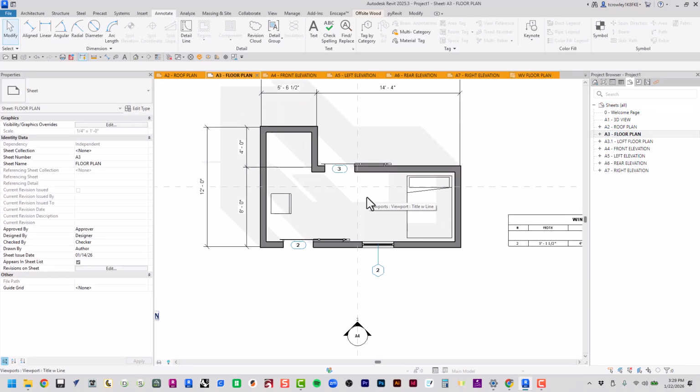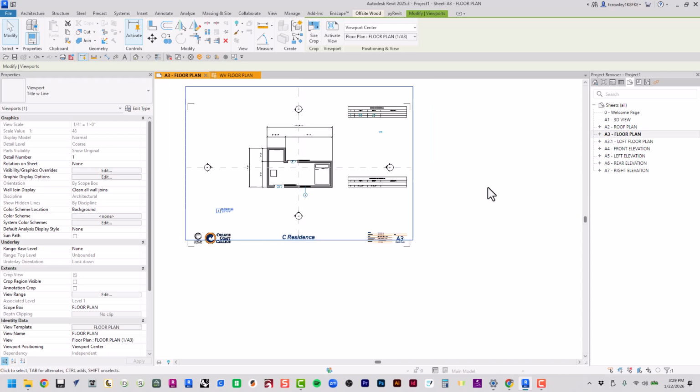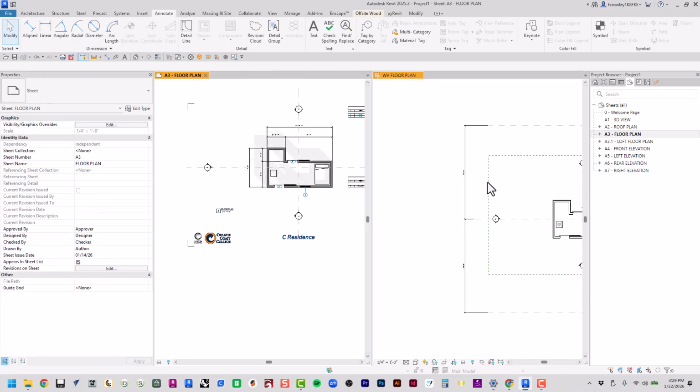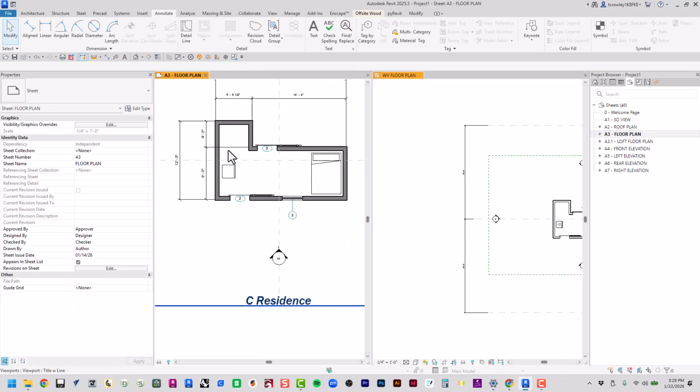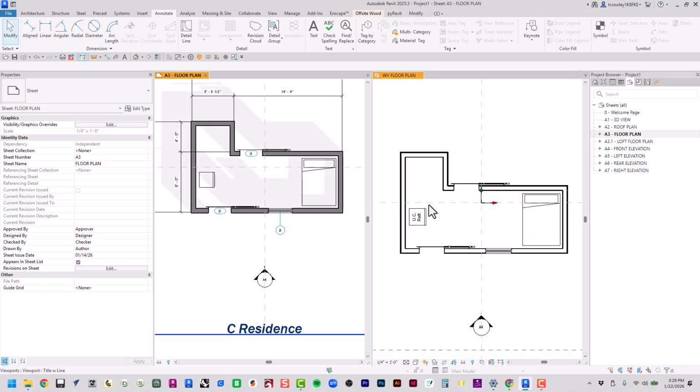So if I were to compare the two, let's close each one of these tabs. And if I type in WT, it allows me to tile my windows. This is the working view floor plan, and then this one on the left is the one that's on the sheet, A3. So if I double click over here in WV floor plan, and I begin to add walls